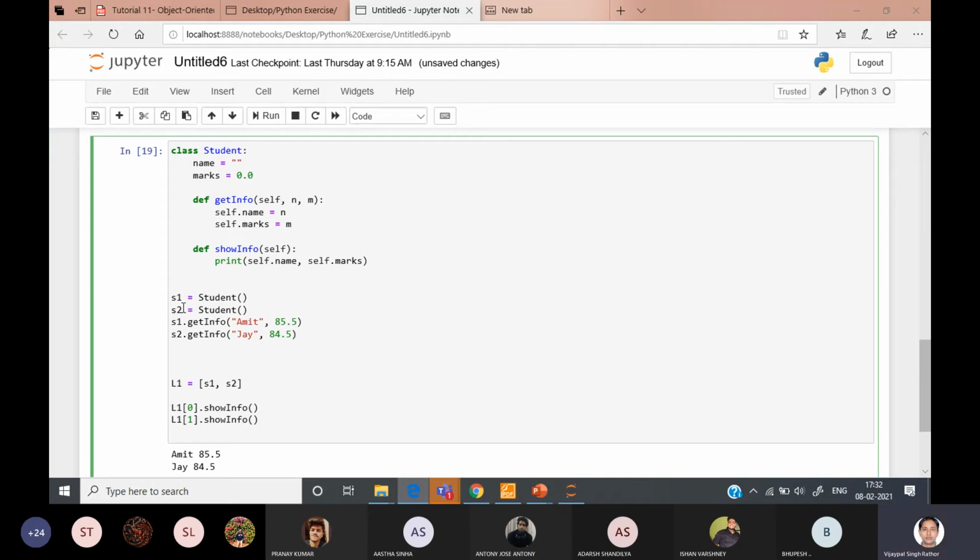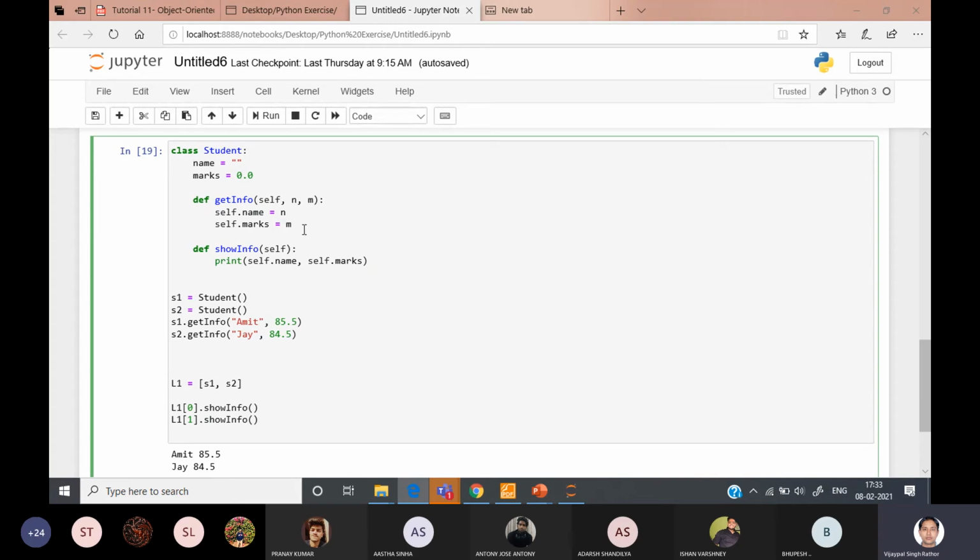Is it okay ना? Yes, sir. There is no need to pass self externally. Here you can see two arguments we have passed, but self is another argument. We have not passed any value for the self. Self will be treated as S1 and S2. If I am calling this get information with S1, then it will be treated as S1. And if I am calling it with S2, then it will be treated as S2. Similar thing happens with show information. Okay. So self is a mandatory argument when we are accessing the class variable.